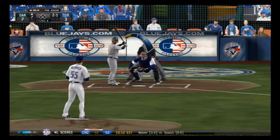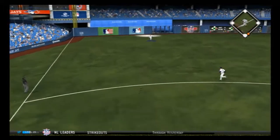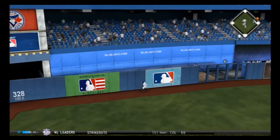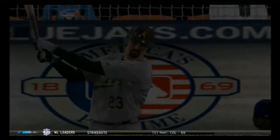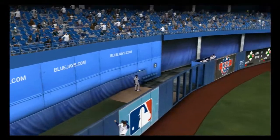Shane Victorino. And he goes with the pitch nicely there as this is lifted high and deep the other way to left. And a scaling attempt to the wall, but it'll be in vain because this...